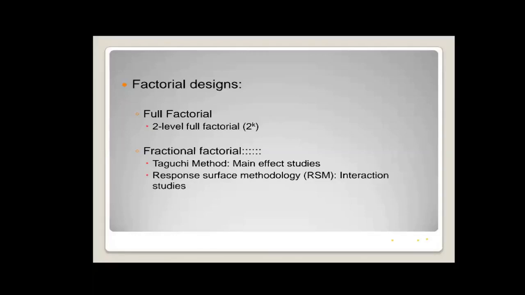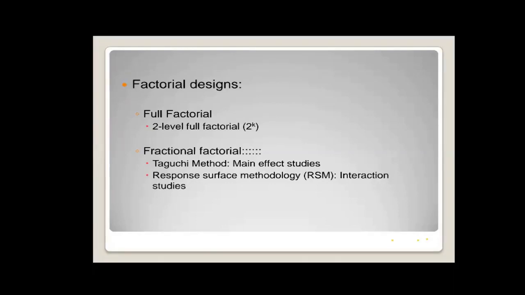So you might miss some variation in the process that could be very significant for making a conclusion. The advantage of full factorial is that you get all the information about the process. The drawback of full factorial is that when the number of experiments increases, it takes more time, and there is no economy. For fractional factorial, you have to skip some experiments, so you might not get a good amount of information about the variation. So for that, we have two good methods. The first one is the Taguchi method and the second one is RSM, response surface method.